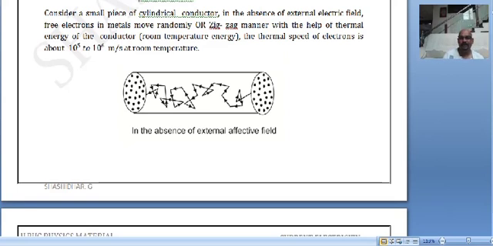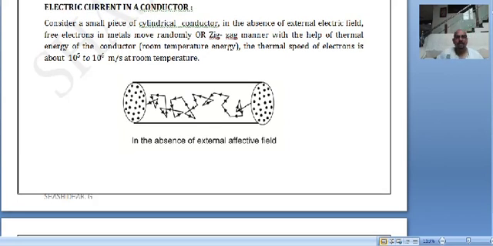Observe, dear students, just consider a small cylindrical piece of conductor. In this diagram it is projected, a small cylindrical piece like a copper wire, and the diagram is made bigger. Here in this diagram you see a copper wire which is blown out of projection.